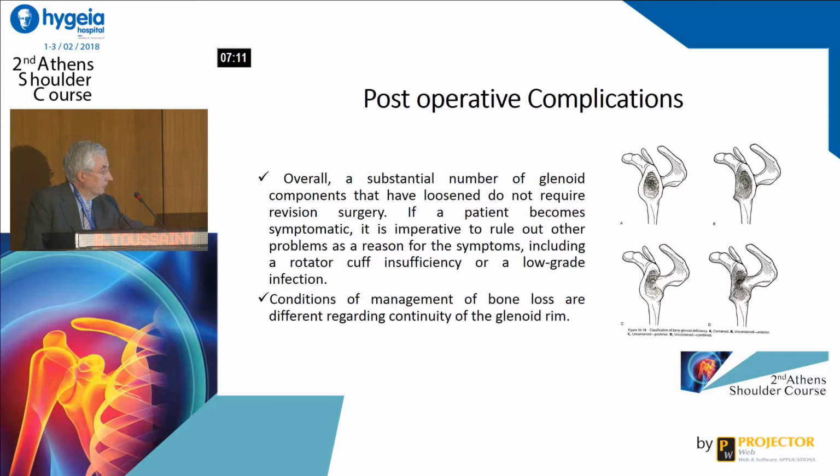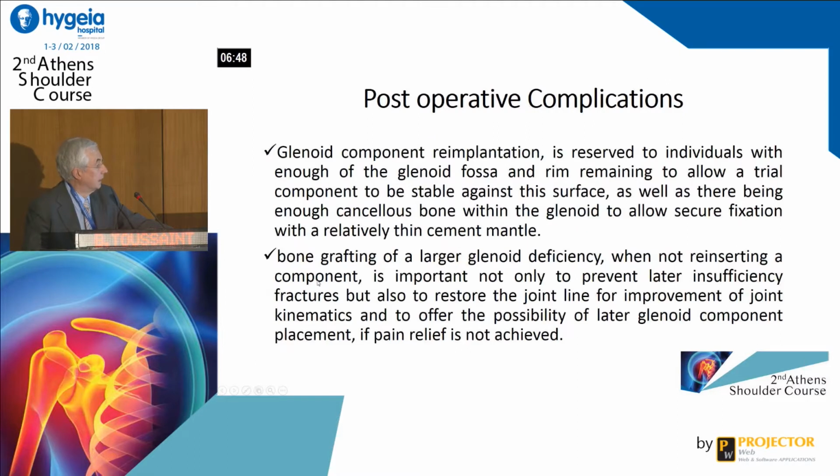The management of bone loss differs depending on the continuity of the glenoid rim, and you understand it's easy to treat a central bone defect. If you have a cortical bone defect, it's more complex to perform. And for the reimplantation, you need to have a good bone stock, and you need to have very secure fixation